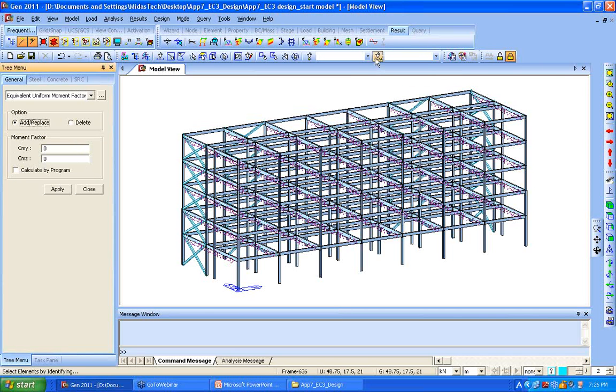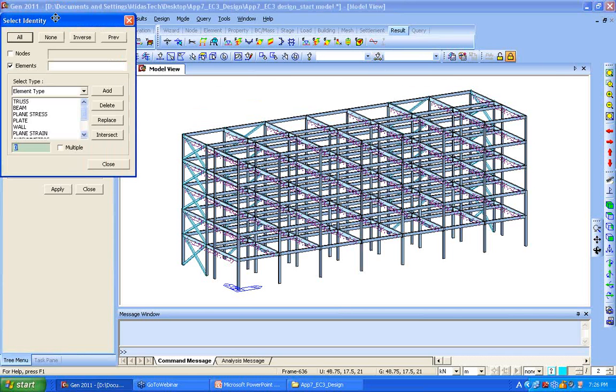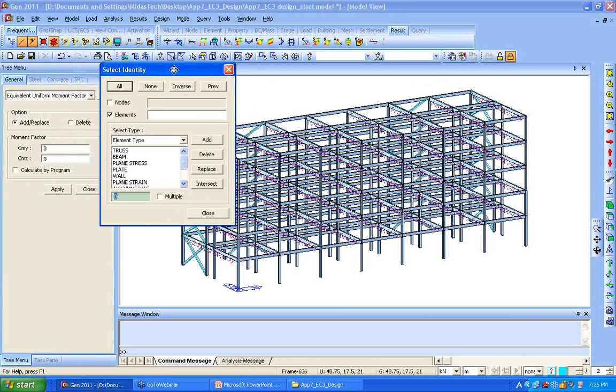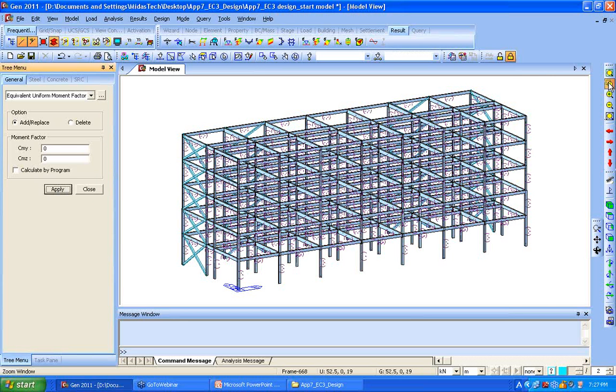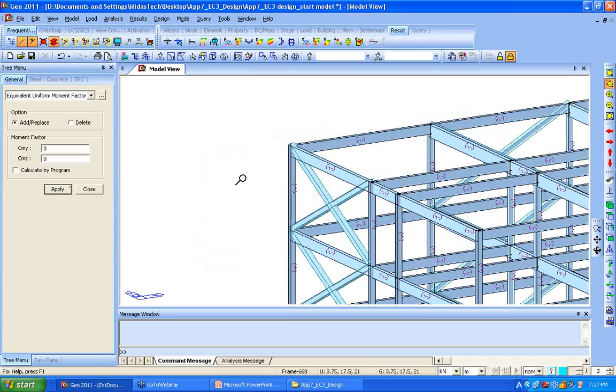So once again, select this one. Select identity, this window box, and in my case I will only apply for the beam, and click calculate by the program and apply. The uniform moment factors are applied here,